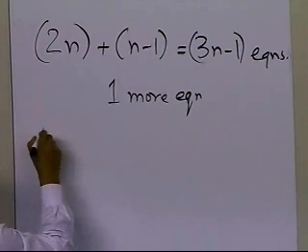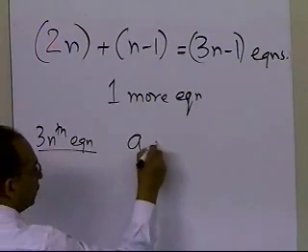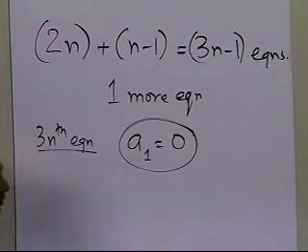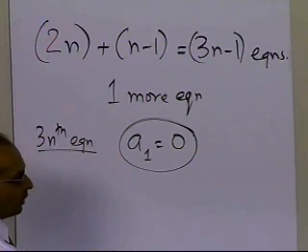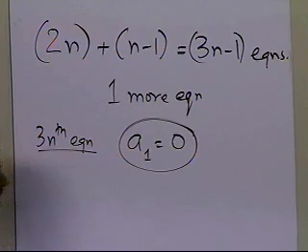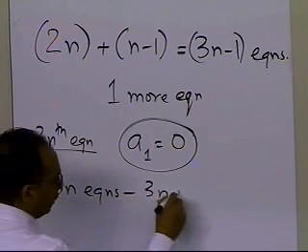So what I will do is look at the 3nth equation as follows. I might say, hey, let a sub 1 be equal to 0. And that becomes my last equation. If a sub 1 is equal to 0, that's basically assuming that the first spline is a linear spline as opposed to a quadratic spline. Some people may also take a sub n equal to 0, based on whether the distance between x0 and x1 is smaller than the distance between x sub n minus 1 and x sub n. That's something you can think about. But for my purposes, I'm going to take a sub 1 equal to 0 to set up the 3nth equation. So I have 3n equations, 3n unknowns.